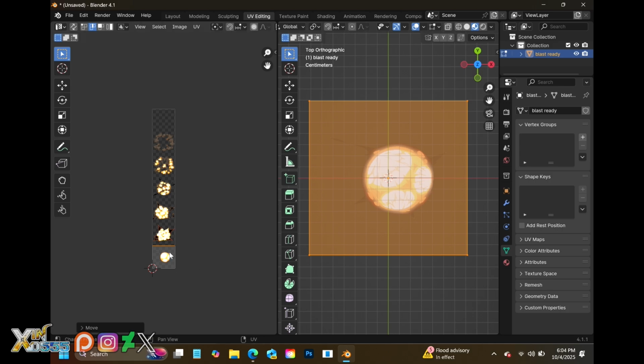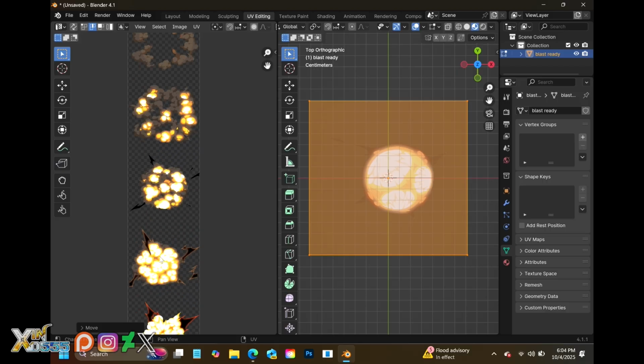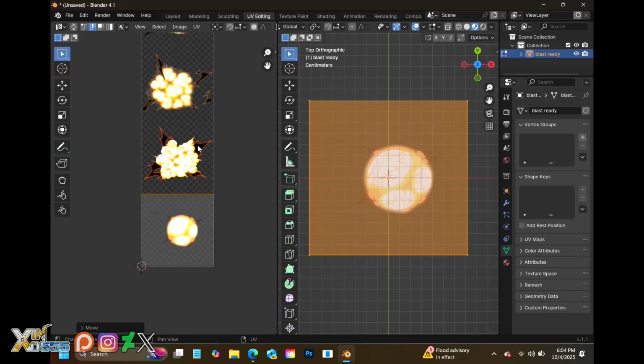Now you want to try to get it as close to a square as possible, because what we're going to do is, I need to zoom in a little bit. What we're going to do is kind of move this, like this section. We're going to move it up to this one and then that one. So you kind of want to keep it